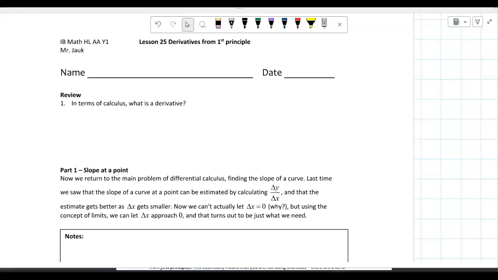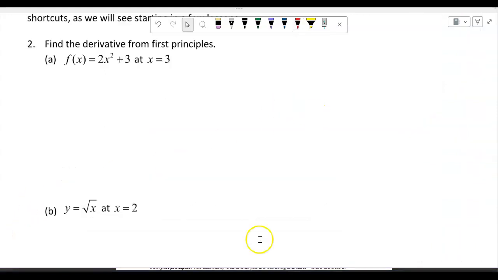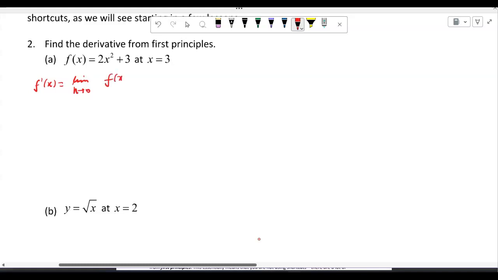So in terms of calculus, what is a derivative? The slope of the function. See, the logic is this. Your formula is f dash x is equal to limit as h tends to 0 of f of x plus h minus